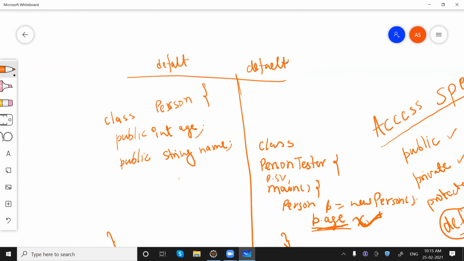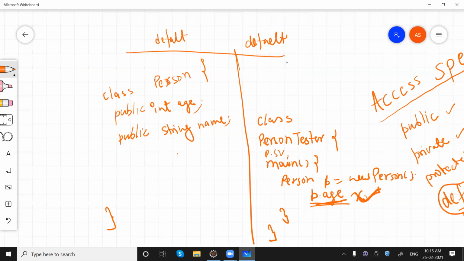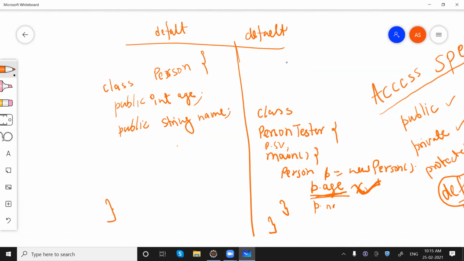We can access p.age, we can access p.name. When it is public, that means any class either in the same package or in a different package would be able to access these public members. Getting my point?